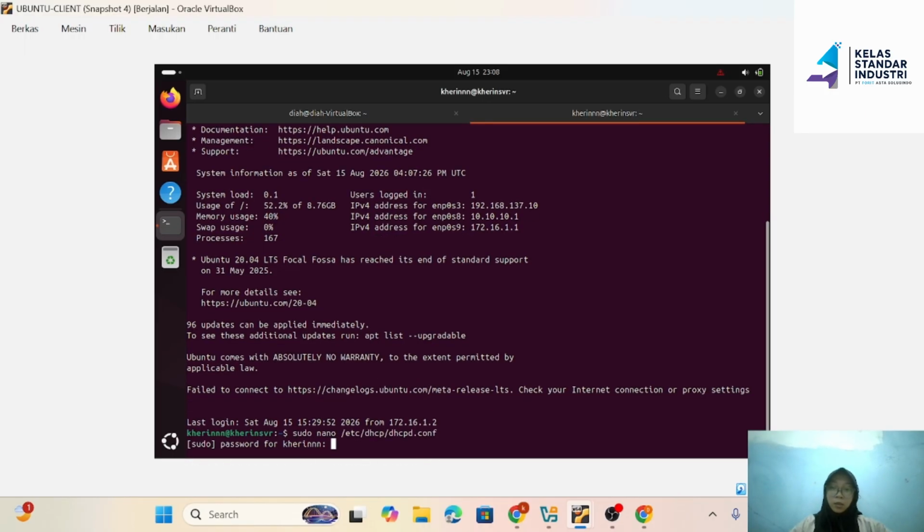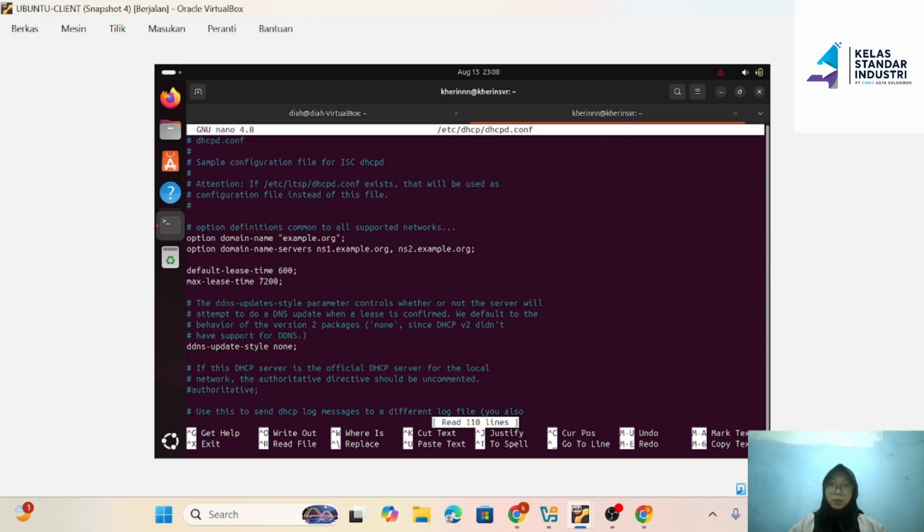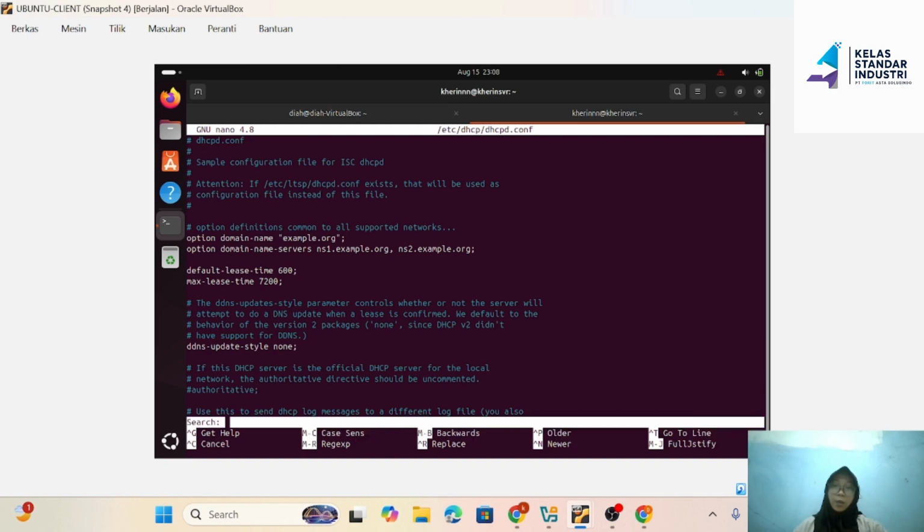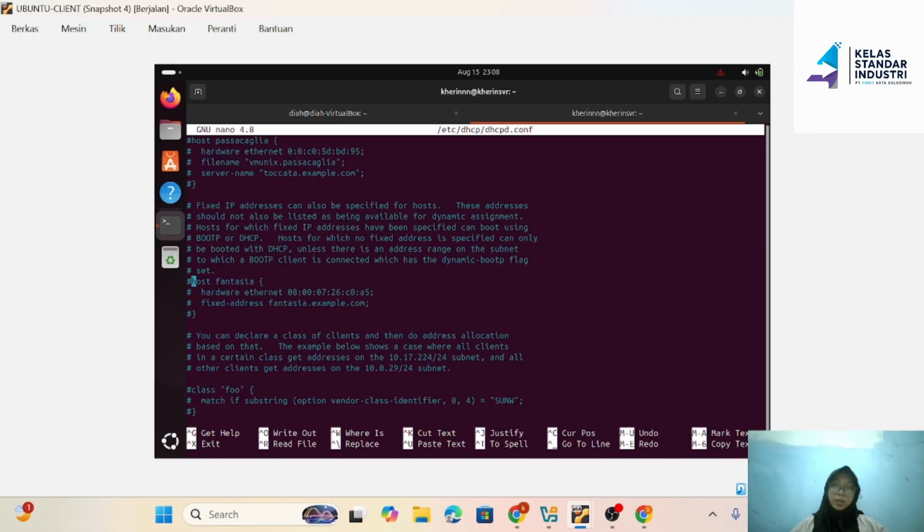Press enter. Enter password. Inside the editor, search for the text by pressing Ctrl W. Type host fantasia. Press enter. Once you find it, uncomment the line from host fantasia down to the closing curly brace by removing all the hashtag symbols. Like this.